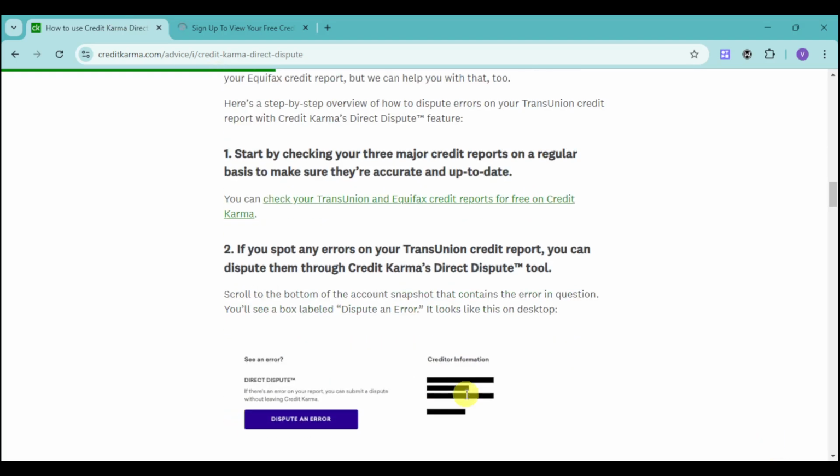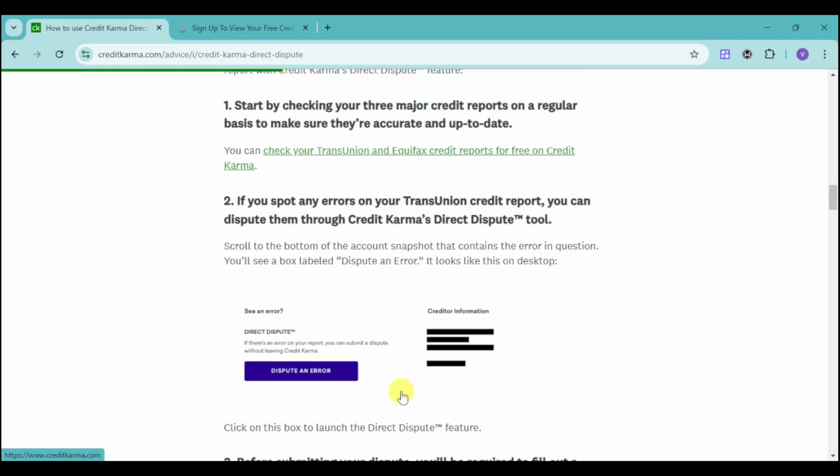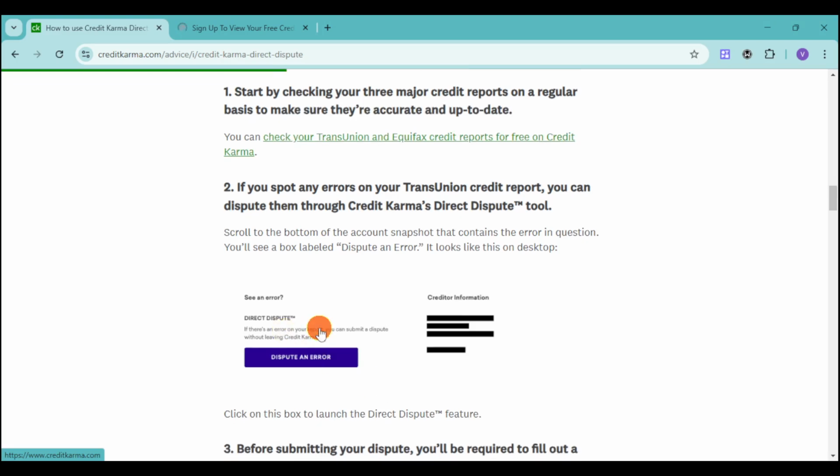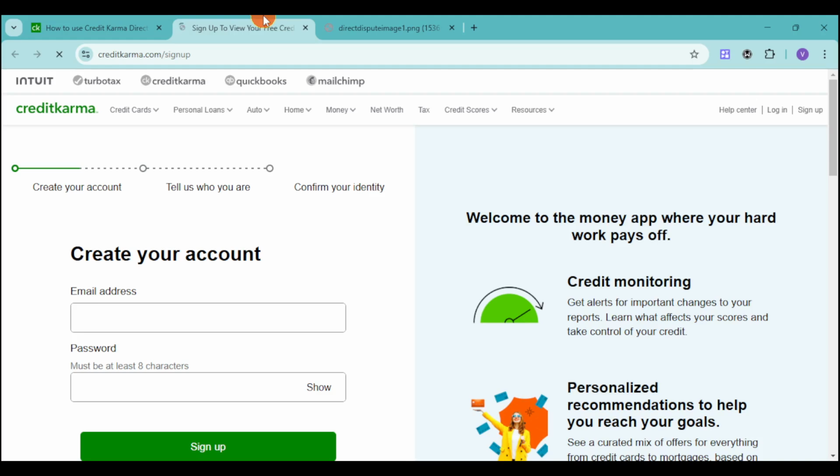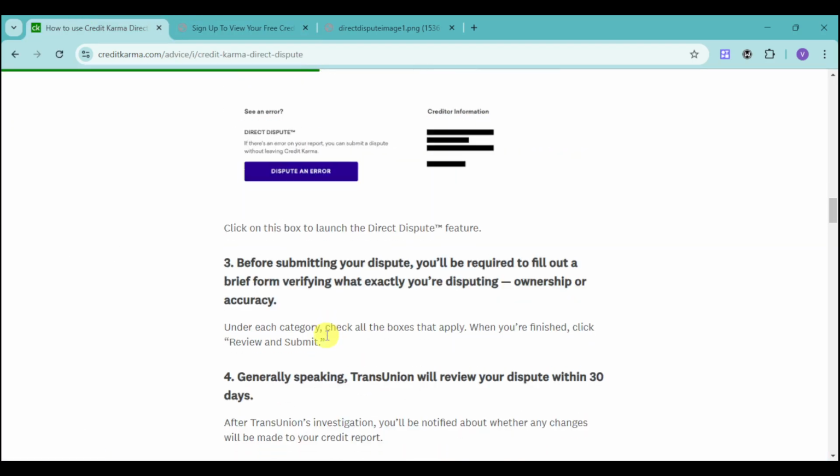So if you spot any errors in those credit reports, you can use the direct dispute tool. The dispute tool actually looks like this right here. You can click onto this dispute error option in order to successfully dispute an error. Now, once you're done, make sure to fill out the details re-verifying what exactly you're disputing,